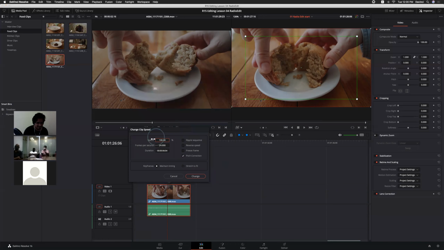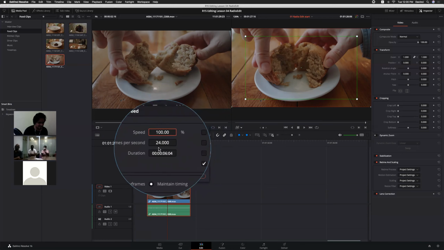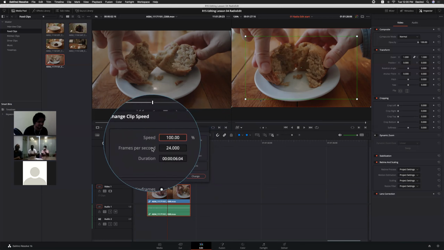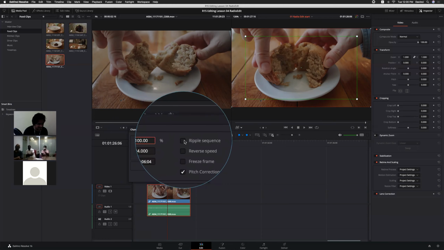Select this option. It's the same thing as FCP7 or maybe Premiere Pro, right? Speed options, the duration, frames, and ripple sequence. So we do know ripple sequence, right? It will automatically compensate with the content without changing the timeline duration and everything, right?